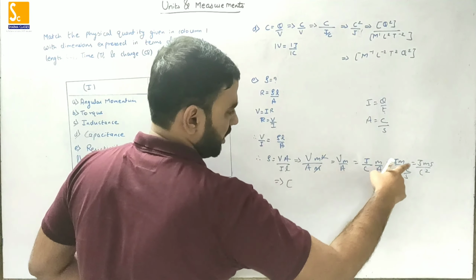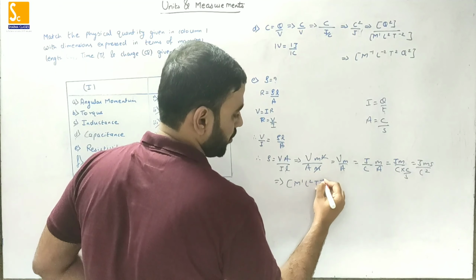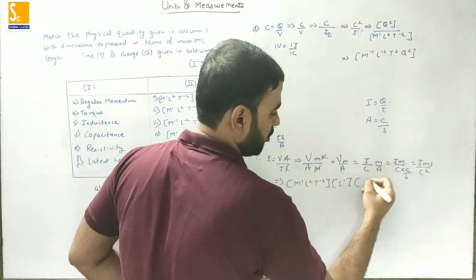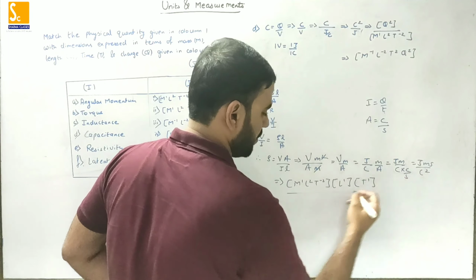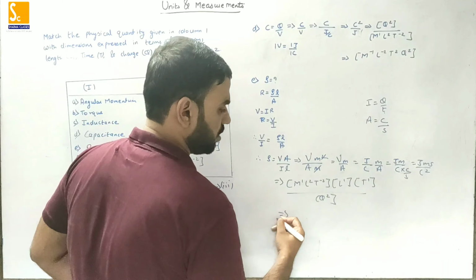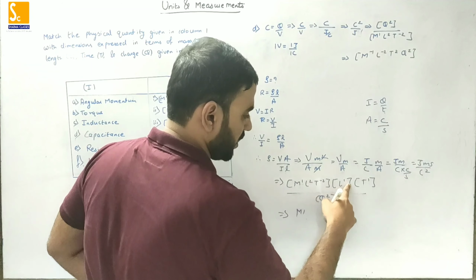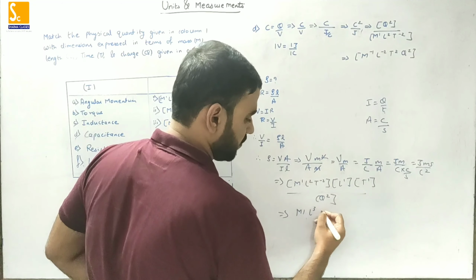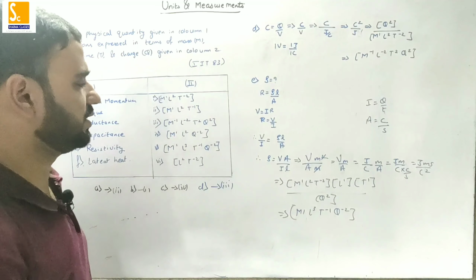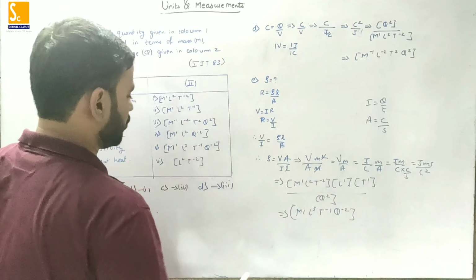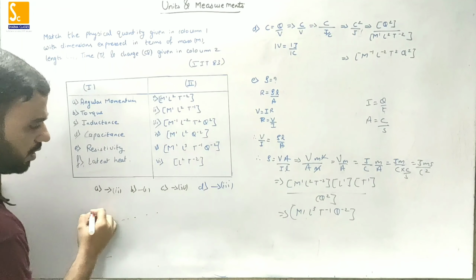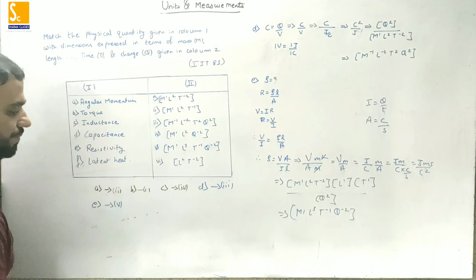Let's write down the dimensional formula. The dimensional formula for joule is M raised to 1, L raised to 2 and T raised to minus 2. Dimensional formula for meter, L raised to 1. The dimensional formula for second, T raised to 1, upon coulomb square, that is Q to the power 2. Correct? We'll solve this part now. M raised to 1, L raised to 3, T raised to minus 1 and Q raised to minus 2. So this is the dimensional formula for the resistivity. That is the 5th option. So for E, we got the answer as 5.